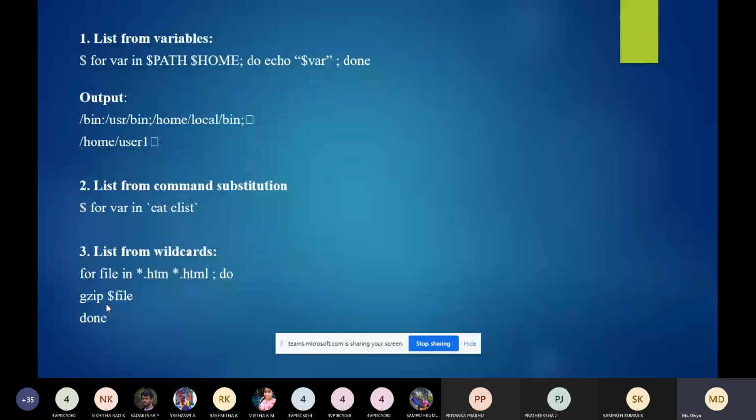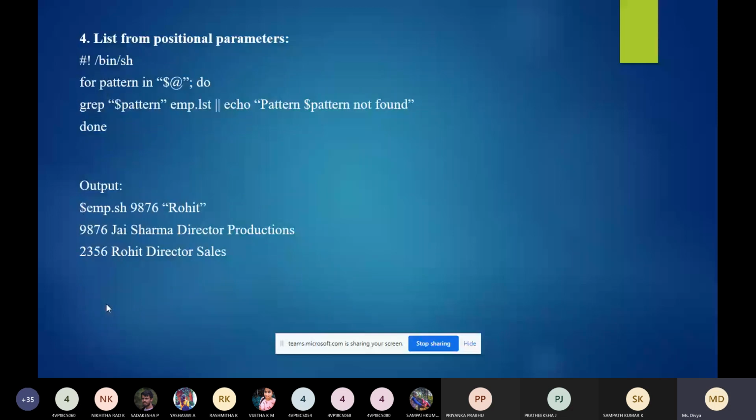So the next one you can see is list from positional parameters. In command line arguments, we have studied different types of positional parameters: $*, $@, $#, $0, $1, $2. These are some of the positional parameters.